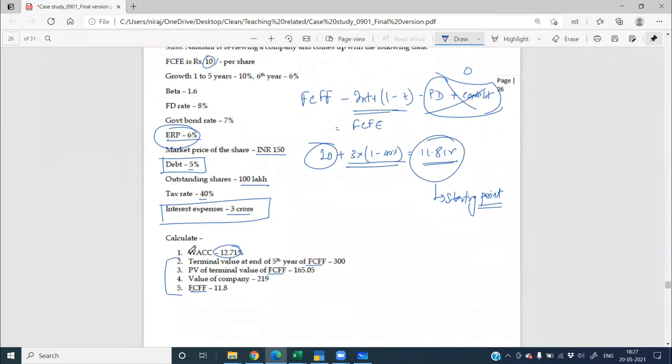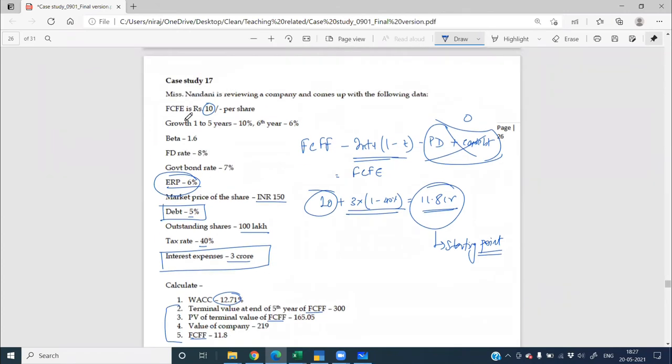Okay, now they have asked us terminal value at the end of 5th year. They have asked us present value of the terminal value and the company value also they have asked. ठीक है? How we will calculate this? See, we have given a staggered growth rate. Growth rate of 1 to 5 years has been given as 10%, and then a constant growth rate of 6% has been given. So whenever there is a constant growth rate of 6% like this is nothing but two-stage model. So one stage has a staggered growth rate, and after that, the second stage has a constant growth rate. So from the time when there is a constant growth rate, we will apply garden growth model out here. So now let's move to Excel and calculate this particular thing.